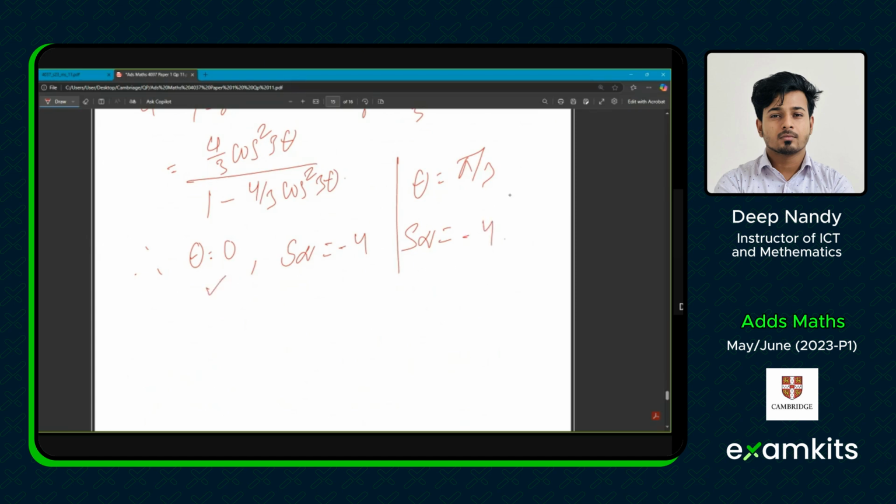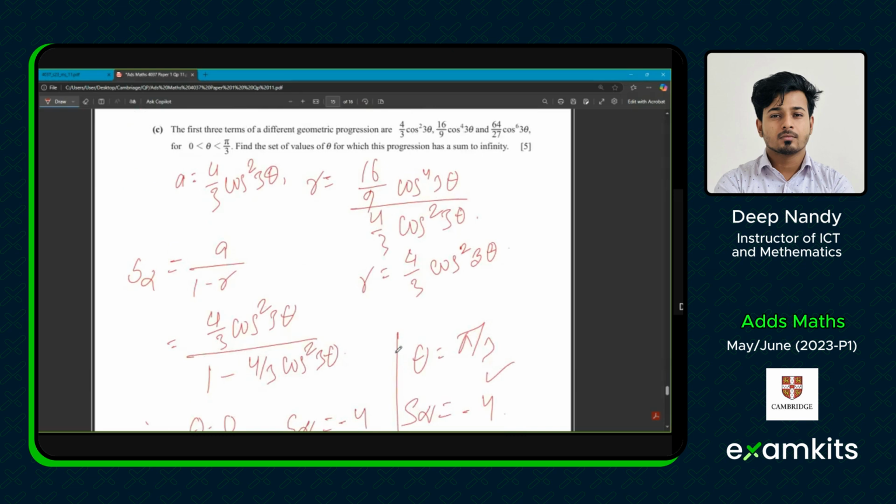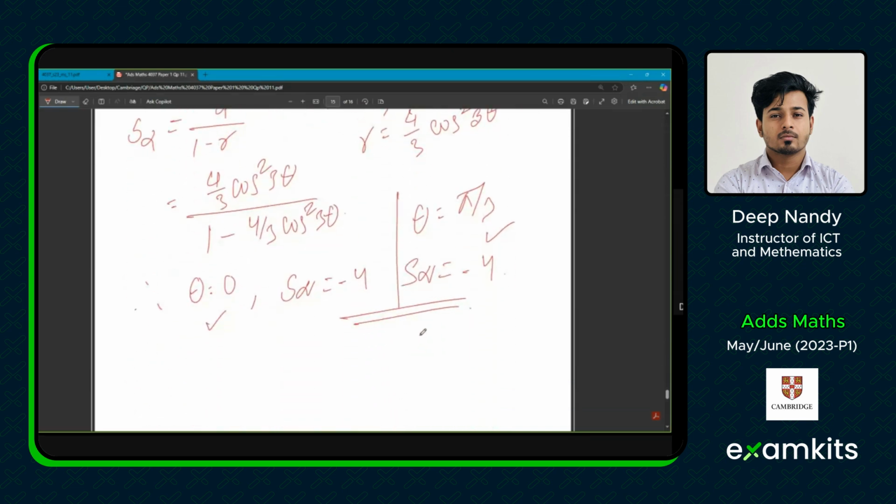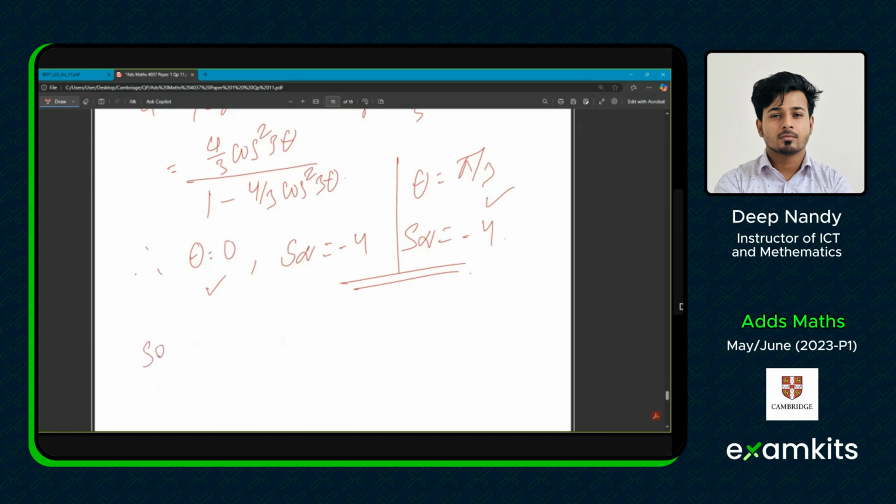For both 0 and π/3, we are getting the value of the sum to infinity as minus 4. So the range